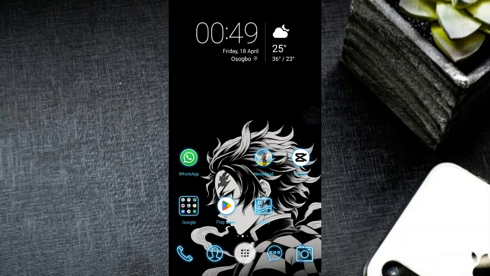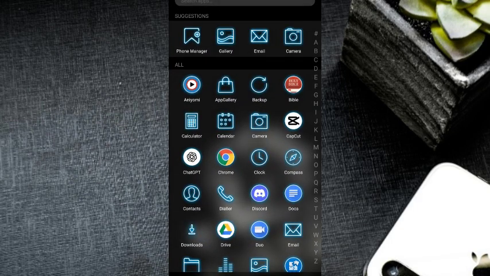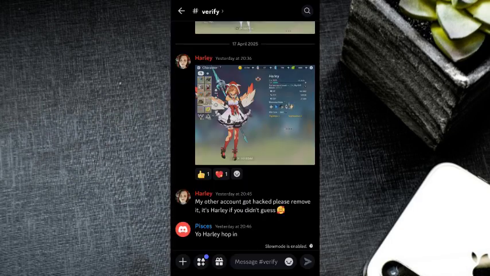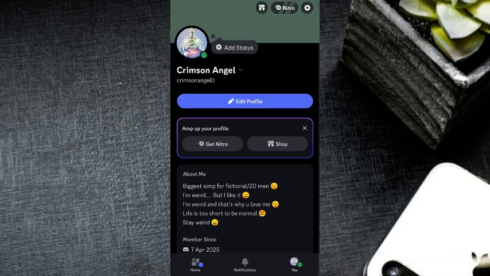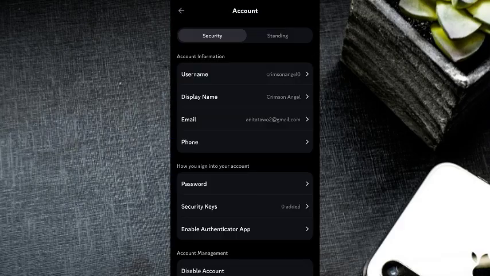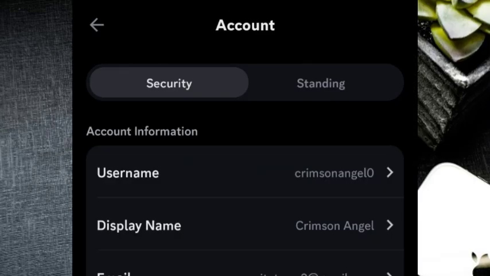Hello everyone, in today's video I am going to walk you through how to remove registered email from Discord. So open up our Discord app. Once you open the app, you click on your profile, you click on settings, you click on accounts, and you will see your details there,